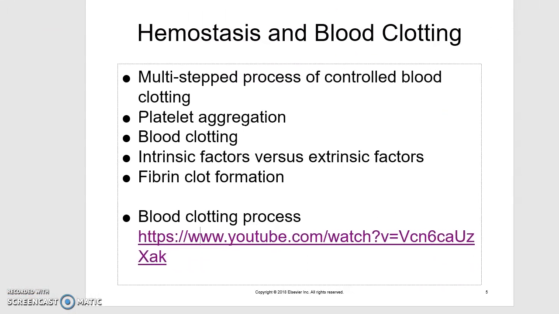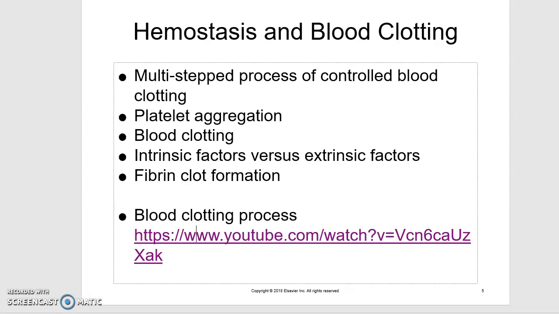All right, so again, the process starts with platelet aggregation. On page 798, you have an italicized line. These platelet plugs,